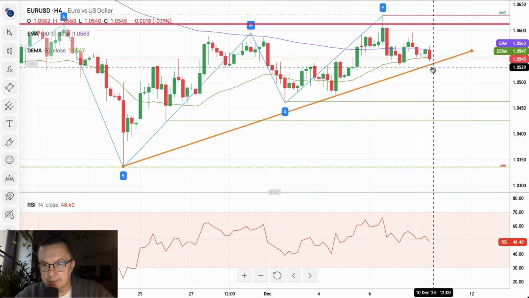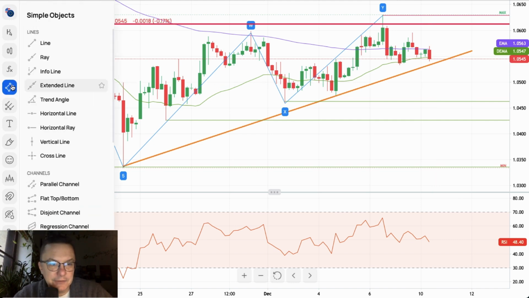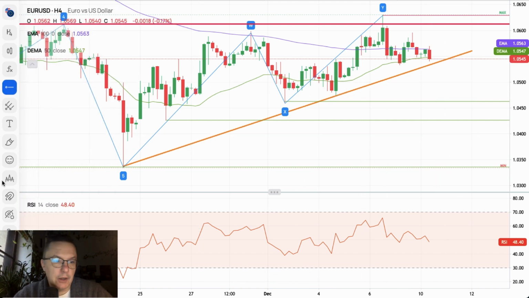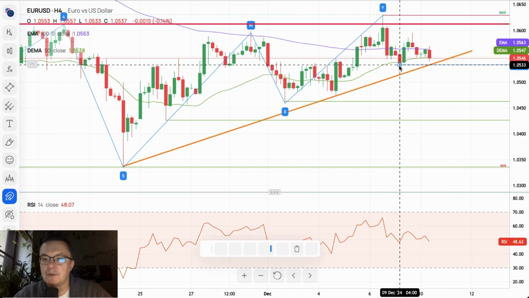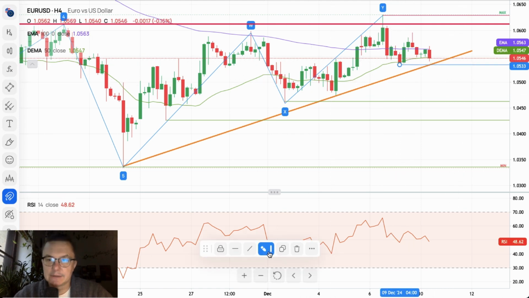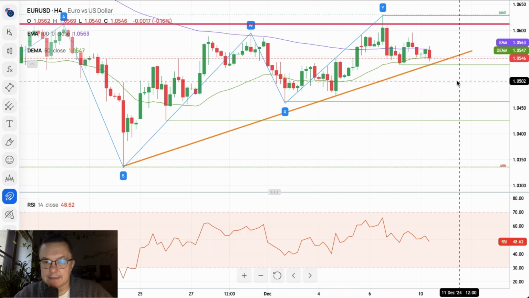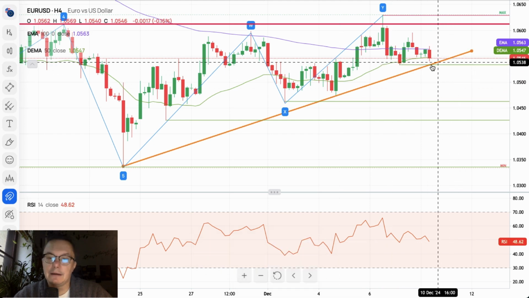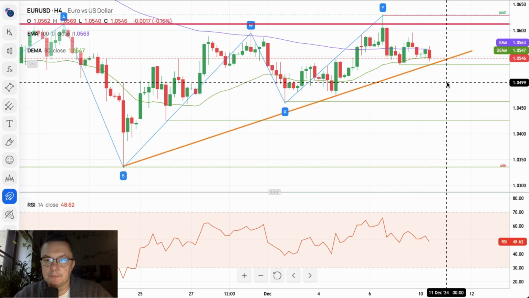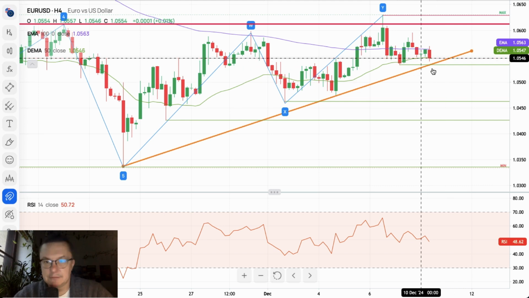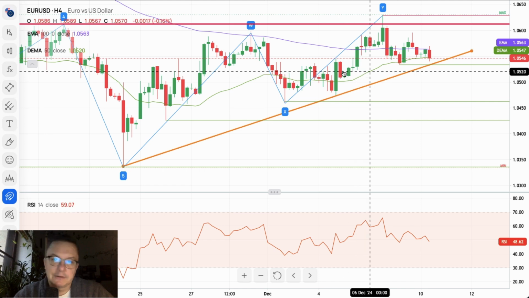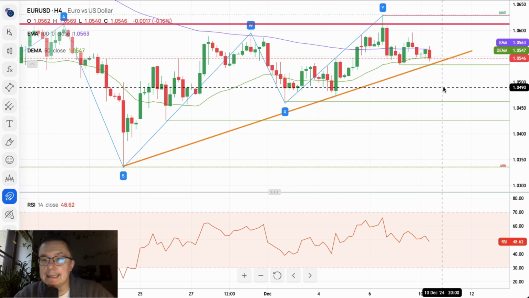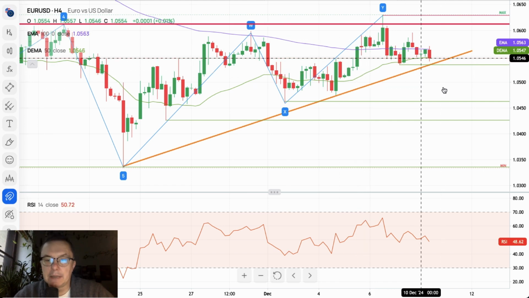Please notice that we are very close to the trend line support. That is located roughly around the level of 1.0533. So that's the yesterday's low and the technical support. If we break below this level, we are out. We are below the trend line. Someone might have the channel, so we are out of the channel. If you have another trend line to the upside. And then the next target would be located somewhere around